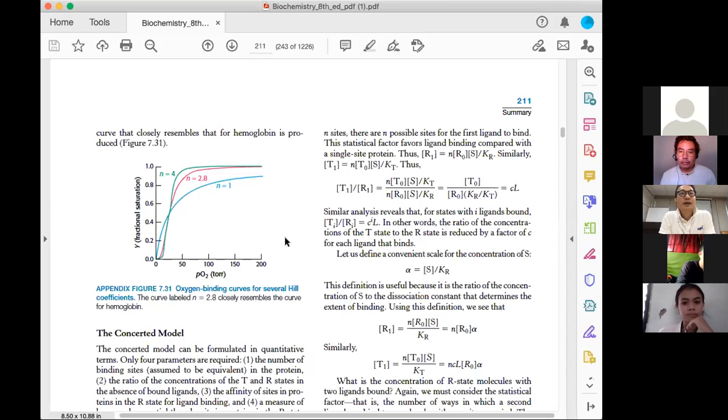The one who has high cooperativity or the one who has low cooperativity? Please answer the question. Well, I think the one who has high cooperativity. That's true, yes. Because when you get oxygen, you can release